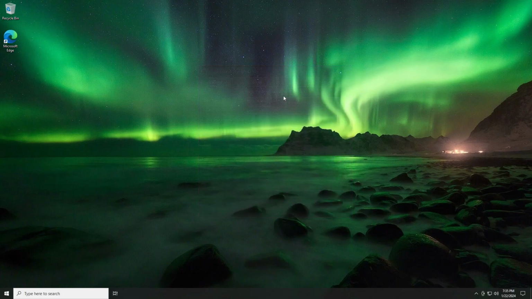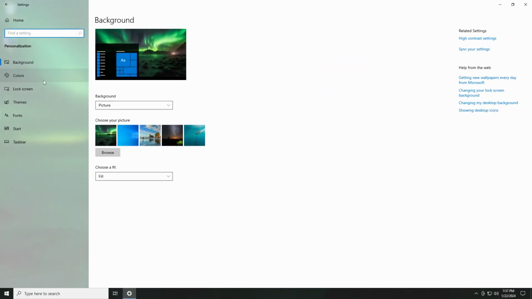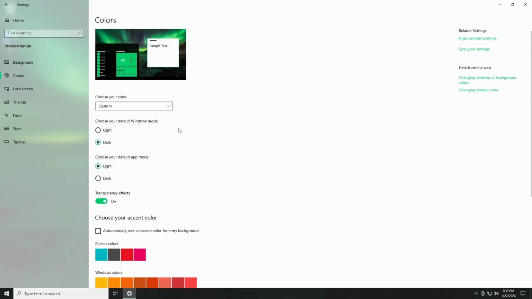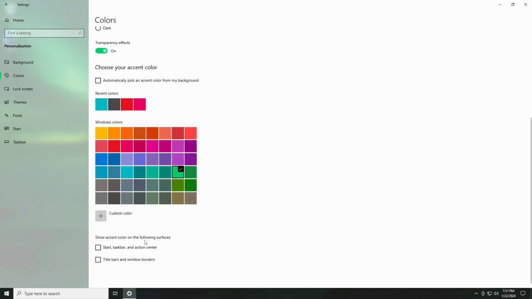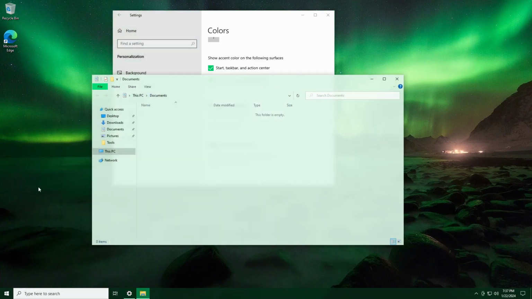Just some pretty quick things I'd like to mention if you're going to be styling your Windows 10 install that you might want to know. If we go into settings here and then personalization, really quick, we should also just make this match and set it to a green color so any modern UWP apps will match the color. We can also tell the taskbar here to use this color and the window borders and stuff, so that makes it more cohesive. And you can see that stuff is green and the start menu is green and it all